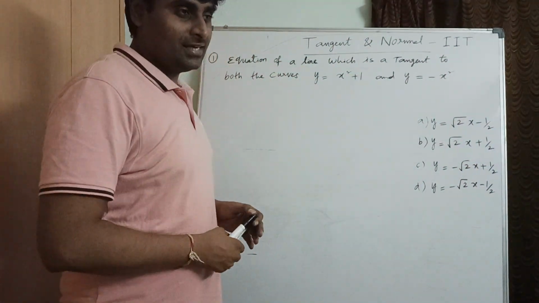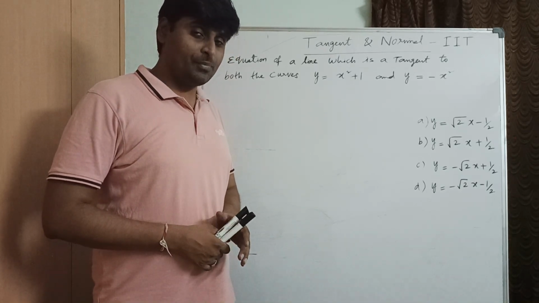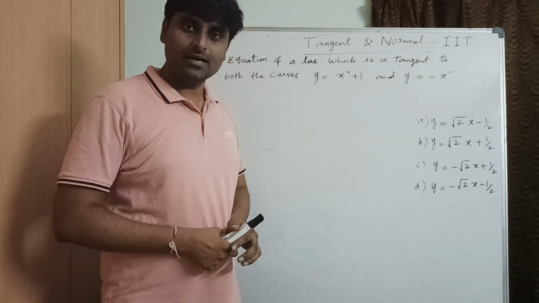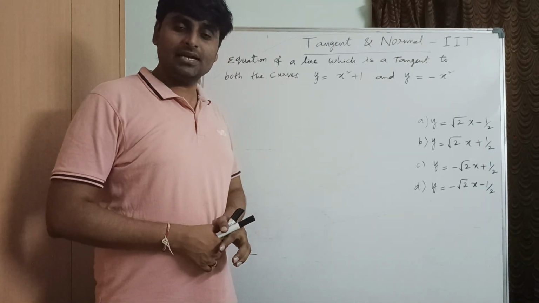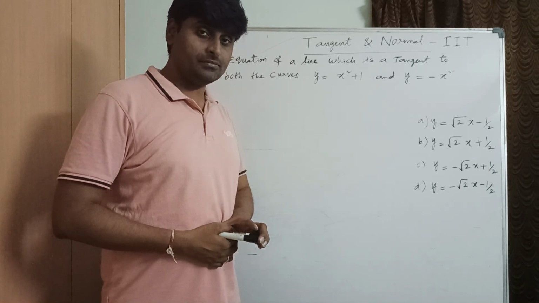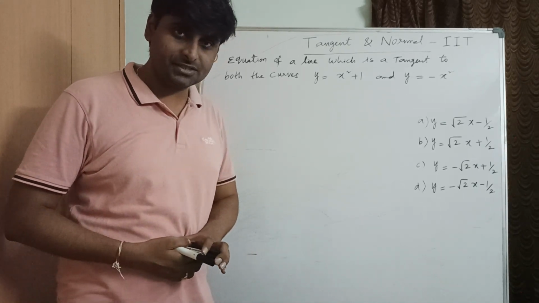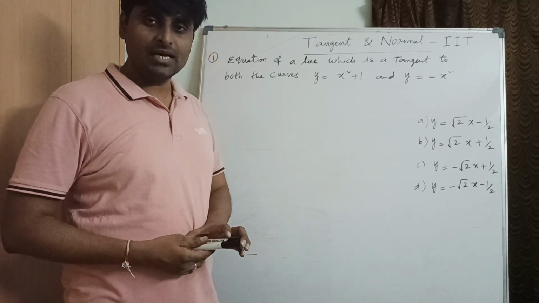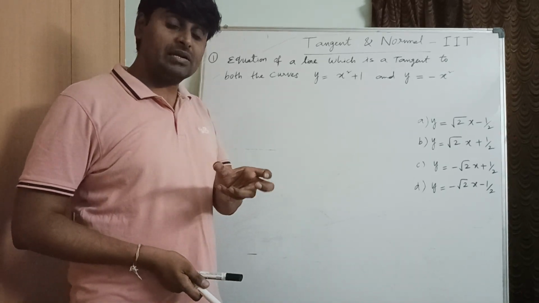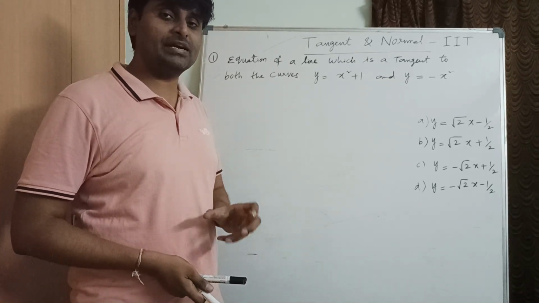So, hello students. In the previous lecture, we discussed some problems from the topic tangent and normal from the chapter application of differentiation. Correct? In that chapter, we covered the condition for whenever two curves are perpendicular, or cut orthogonally, the angle between two curves, finding the equation of tangent and normal, and whenever the curve is given in parametric form. So we have discussed many problems on different models.